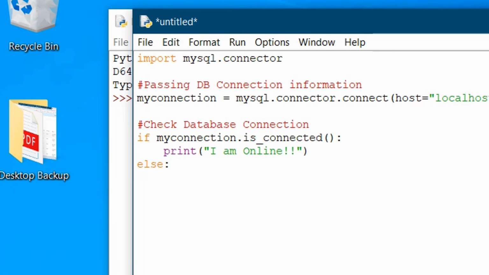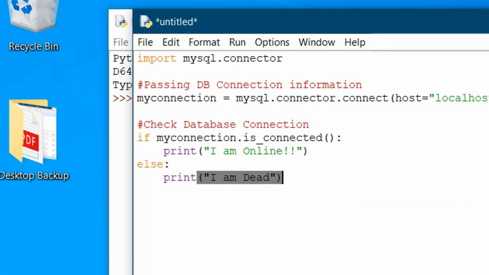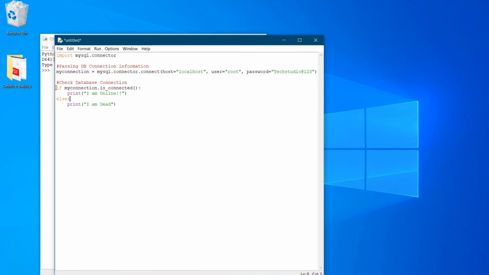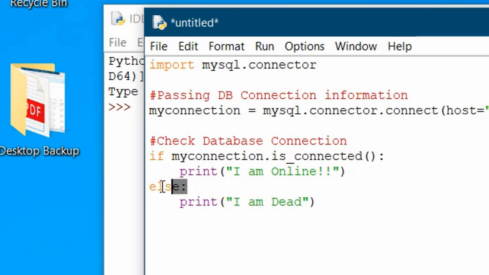I am giving the false statement over here: I am dead. Here you can see the if then else statement. The else statement should be given without any spaces or tabs, because if you give space or tab, it will be a syntax error.